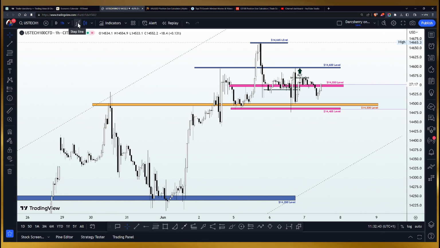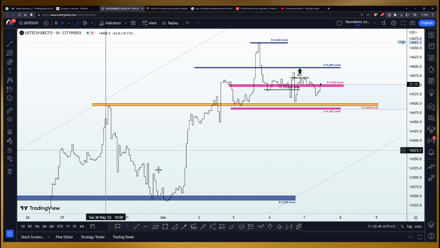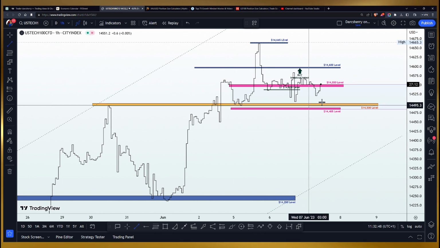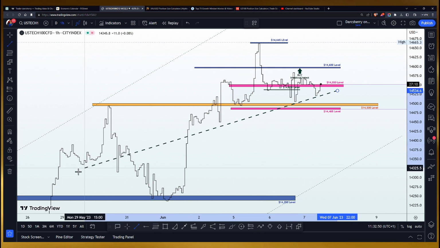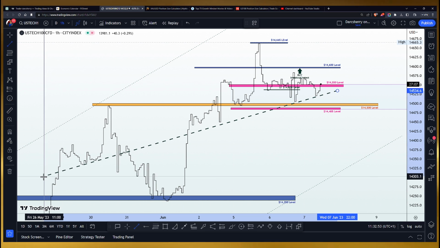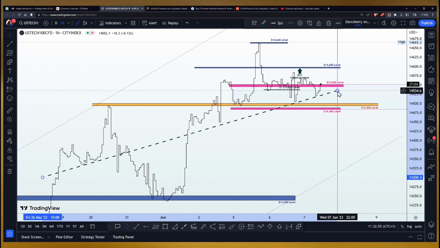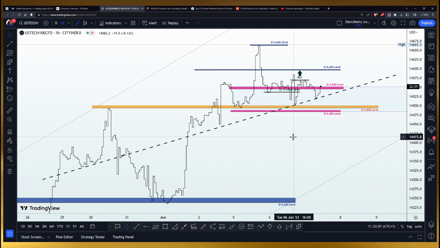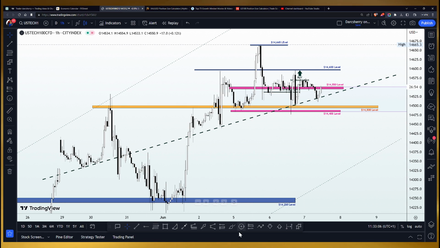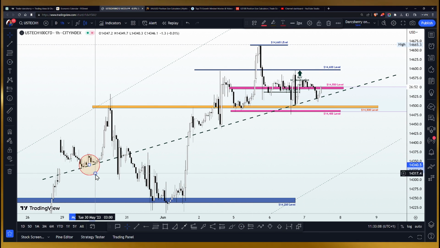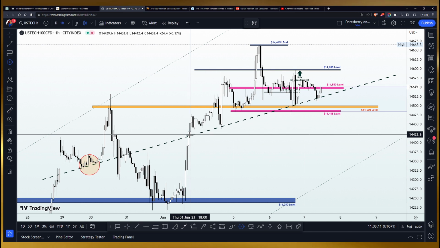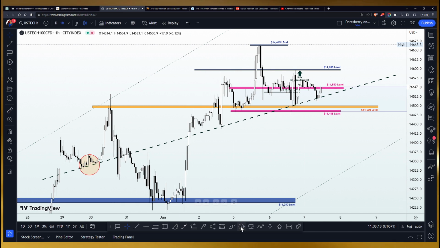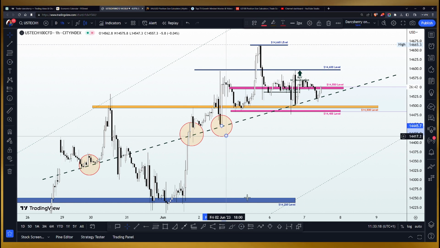So I would like to bring out my line chart so that we can have specific points of connection. And if we do that correctly, we should have a trend line around this area, which we are going to be using to guide our trading activities going forward. So I've thickened it a little bit to emphasize its level of importance at this point. What this simply means is that as long as price action remains above this trend line, we shall feel comfortable in a buy position while we also look out for more opportunities to buy the USTech100.